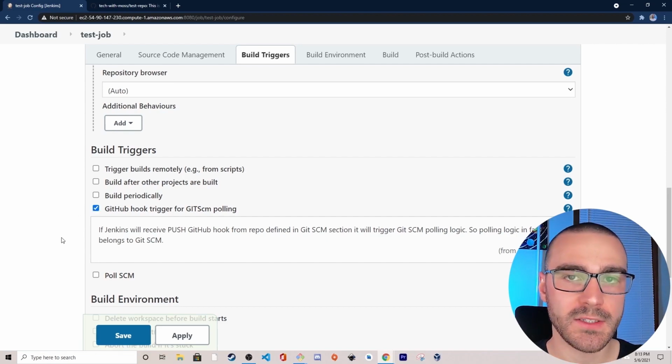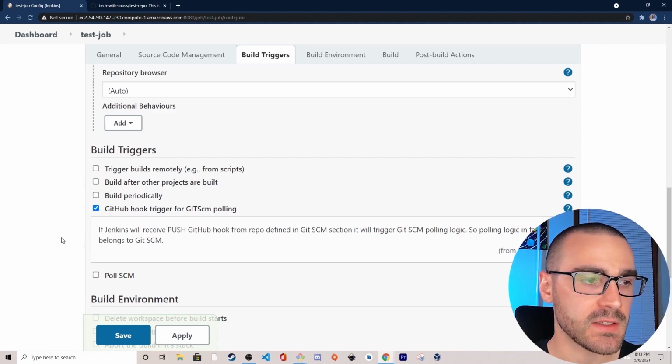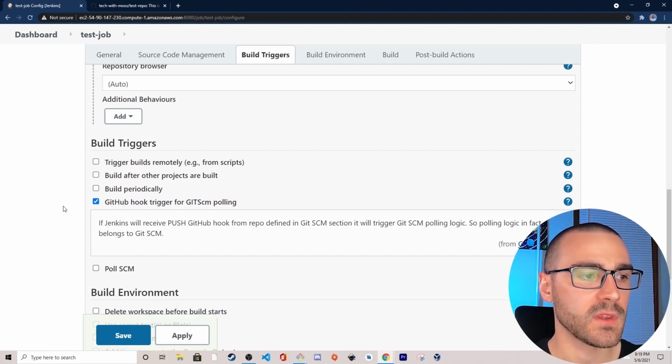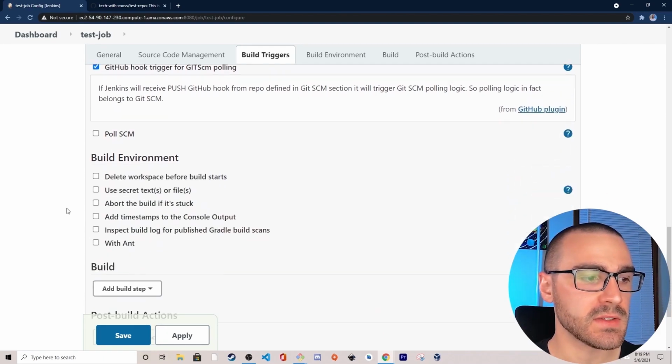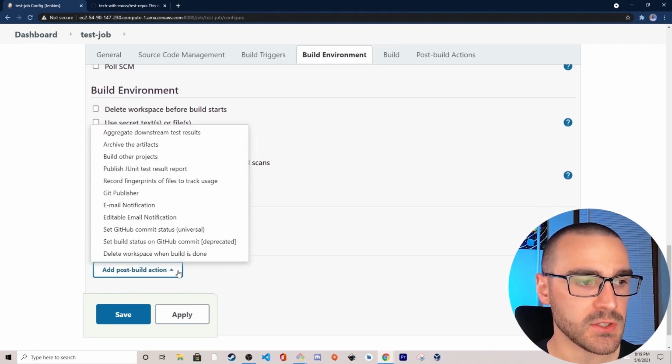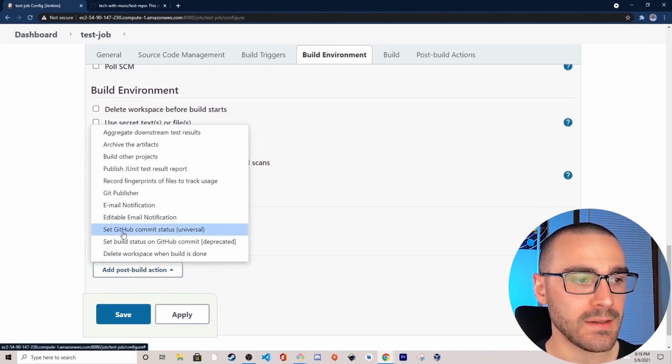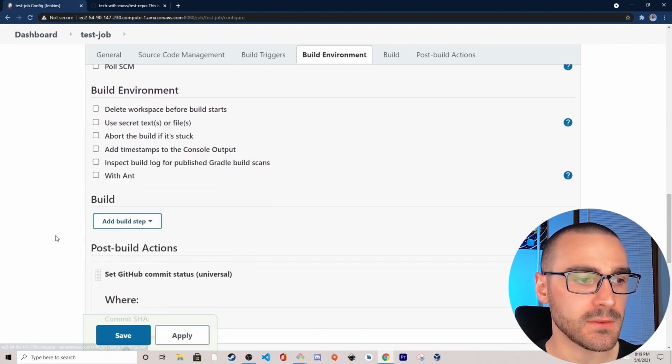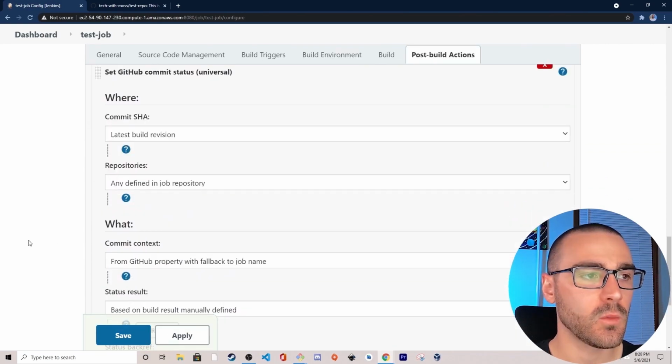So we are going to go ahead and check that build trigger since we want that behavior. The next configuration that we're going to set is under post build actions. I'm going to select add post build action and then set GitHub commit status. And what this action will do is when the build finishes, Jenkins will communicate the build result back to